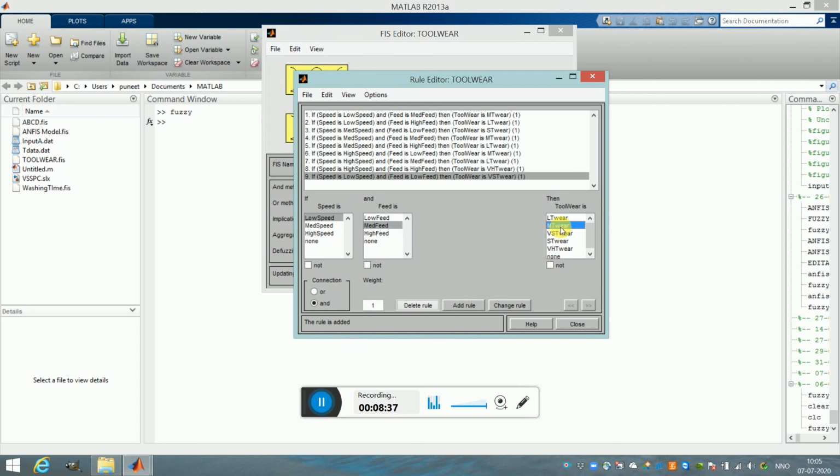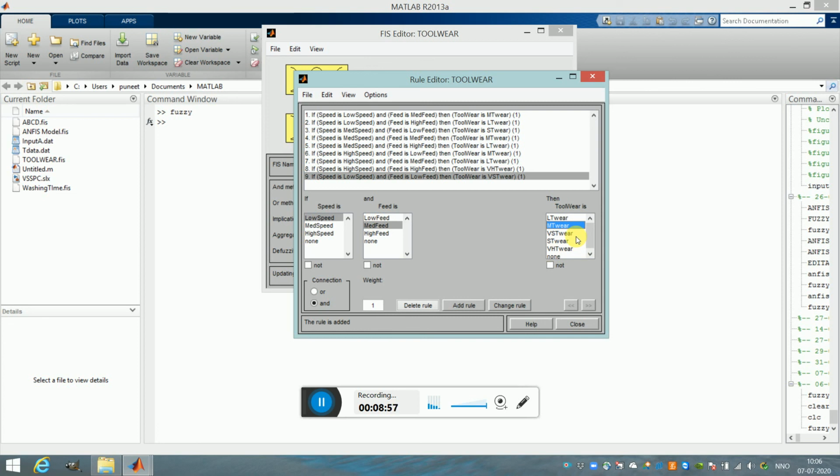Okay, the most important, there are 3 most important rules here. When speed is low and feed is low, obviously the wear will be very small.